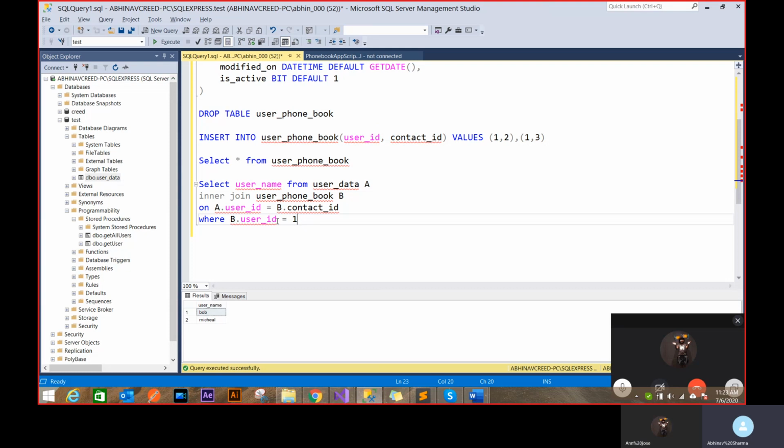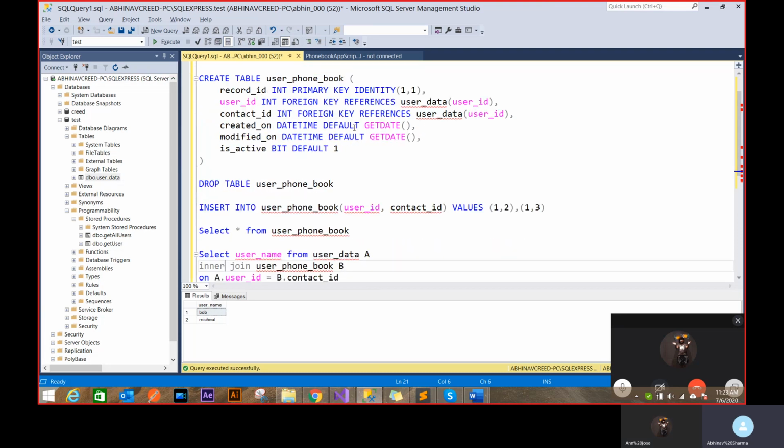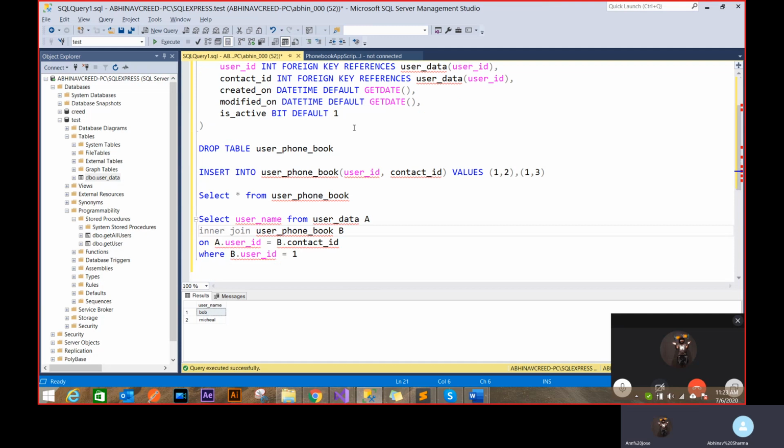Now the difference between this inner join, so this was basically selecting all the common records, so all the users that are there inside this, I'm going to get that. Right now I can show you outer join also, but let's do that in a different example or in a different application. Because if I show you outer join now, I have to create some null records, and it'll be confusing because it's not helpful for this application. I just want to connect records that are actually there. I don't really care about records which are not available.